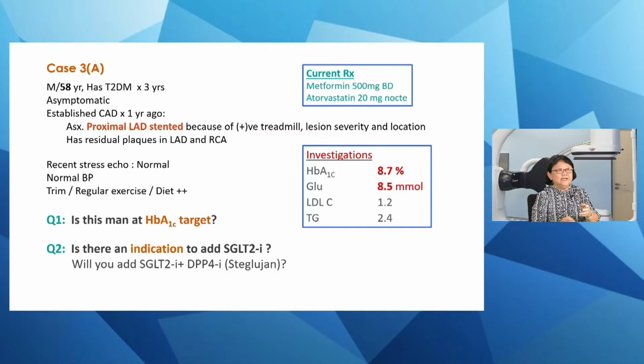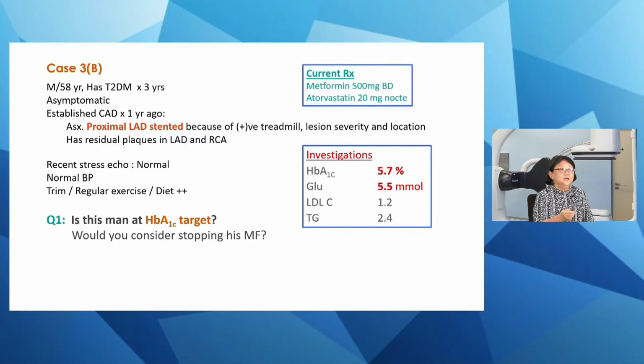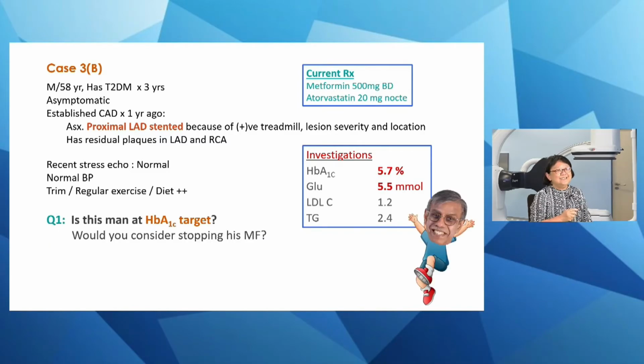You add one, and then after they try another one, the patient may be a little bit demoralized if they still don't get where they need to be. So this would be an ideal patient for a combination DPP-4 SGLT2 up front, okay? But let me show you, this is case 3B, and I want to give a shout out to Lawrence and